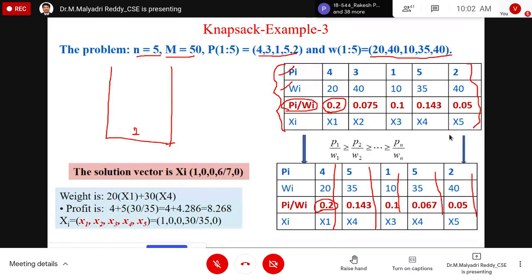How much is empty in the bag? In the bag, 50 capacity, but in that I inserted item 1, weight 20. So the remaining weight is 30, right? Yes, sir. Next weight is